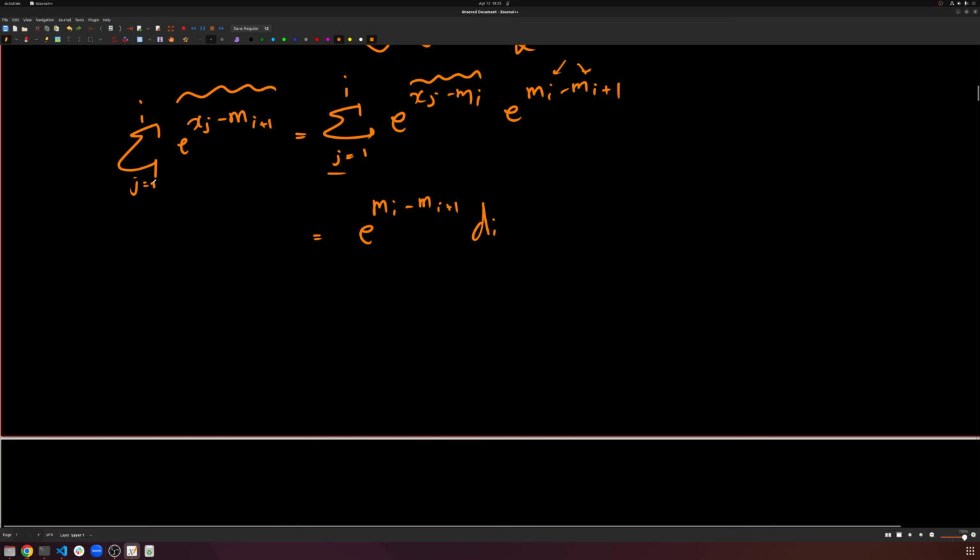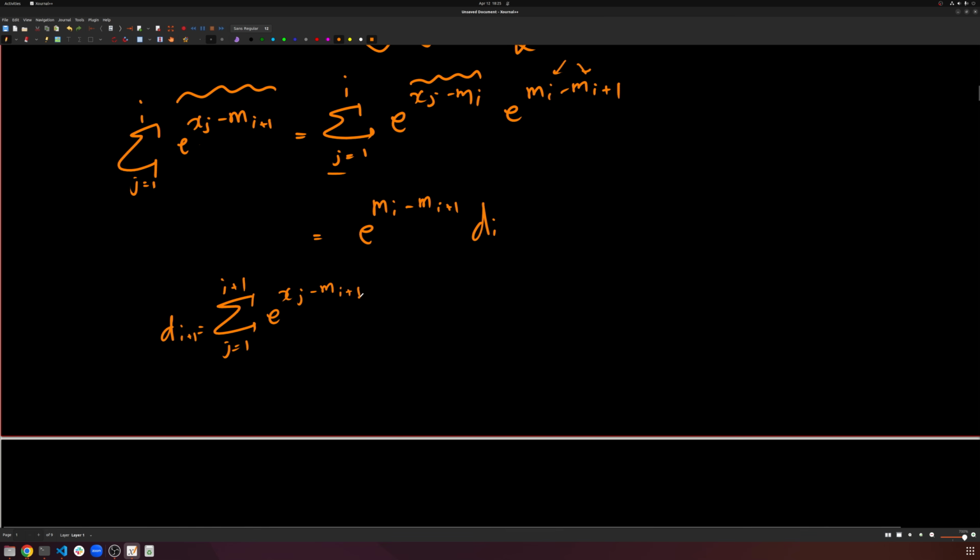And this is the sum from j equals 1 to i of e to the xj minus mi plus 1, right? So this is our adjustment term. Good. So let's go ahead and wrap it up then. We're at the end of this now. We saw earlier that the sum from j equals 1 to i plus 1, which is again di plus 1, is equal to this. And it's going to be essentially e to the power xj minus mi plus 1, just